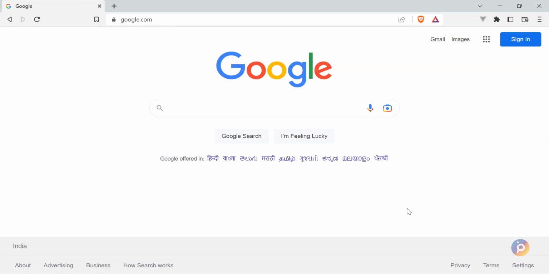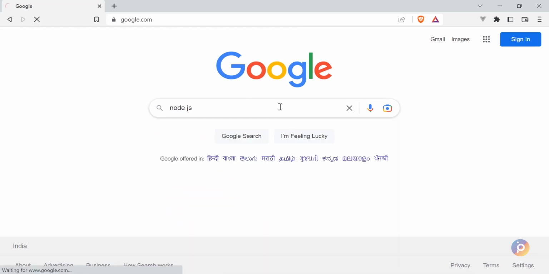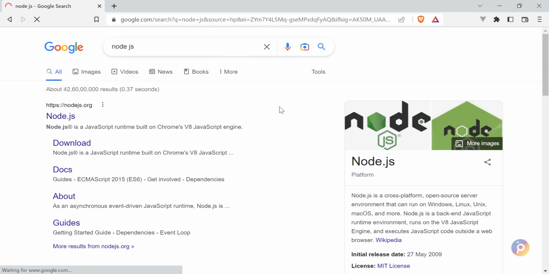It's time for us to set up the development environment by installing the required tools. To get started, first we need Node.js installed. So let's go to Google and look for Node.js. I click on the first link over here